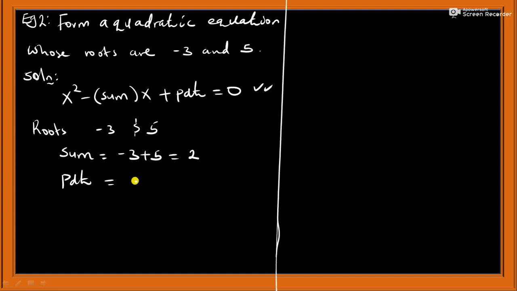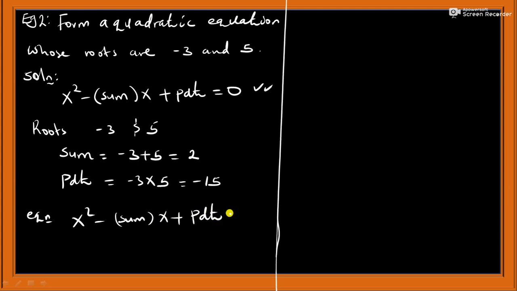The product is going to be negative 3 times 5, which gives us negative 15. So the equation is going to be x squared minus sum of x plus the product